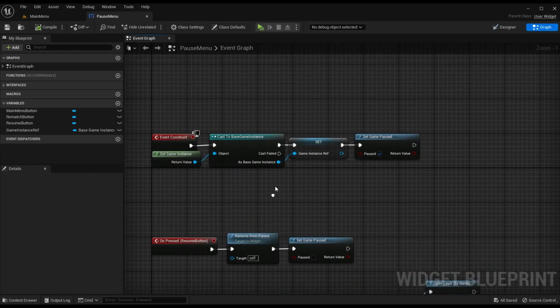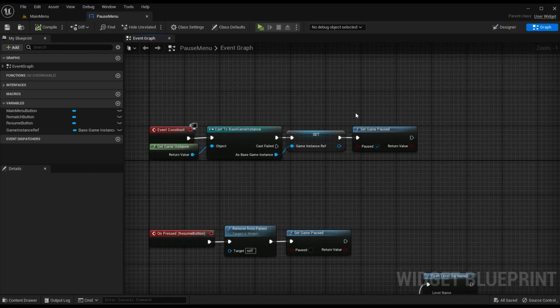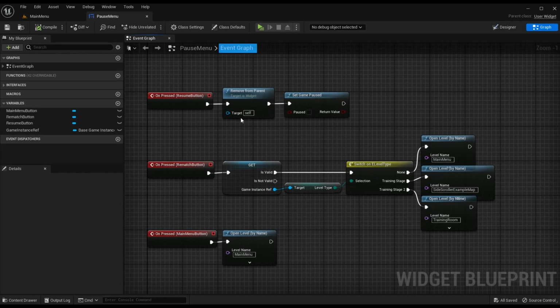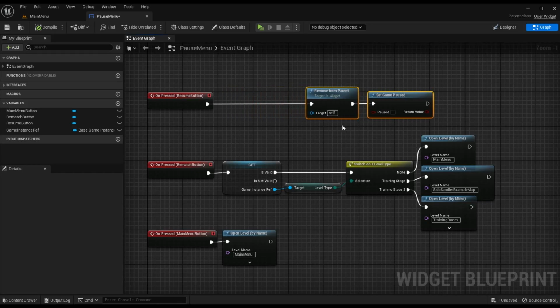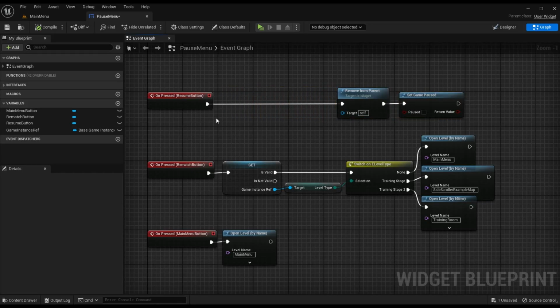Now, one thing that we're going to have to worry about is the fact that the current widget will technically still be valid when the pause menu is destroyed. It will still be pointing at that even when we resume and remove it from parent. So what we should really do is get the player controller here and reset current widget. Now we can do this more elegantly, but for today's episode, just to make sure things are working, we can